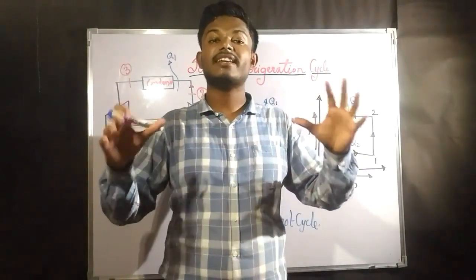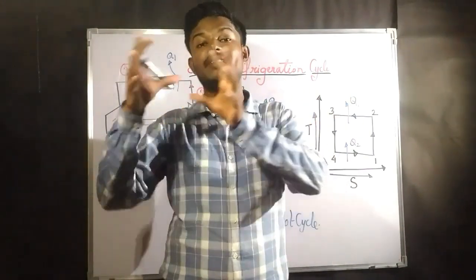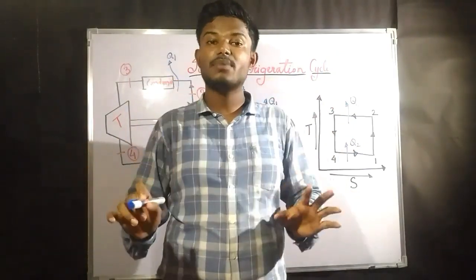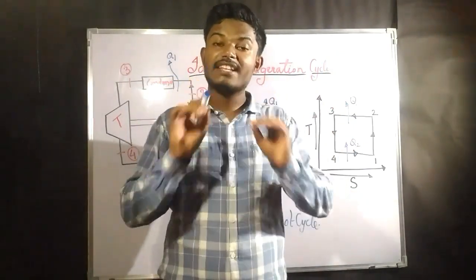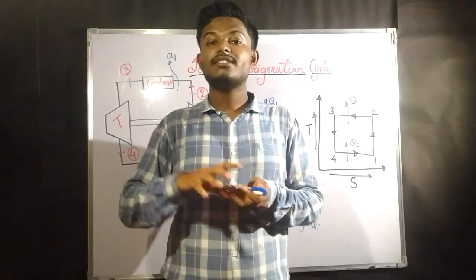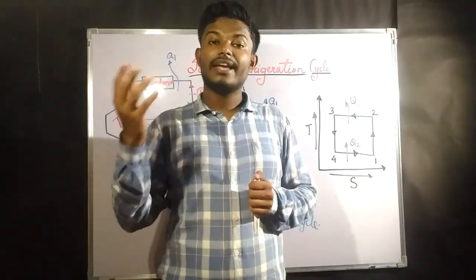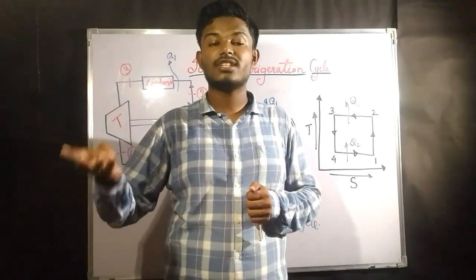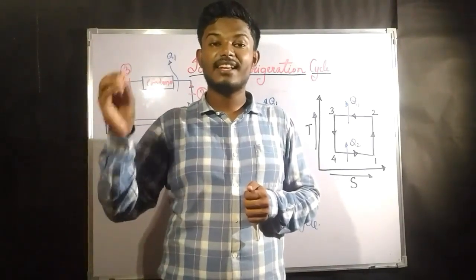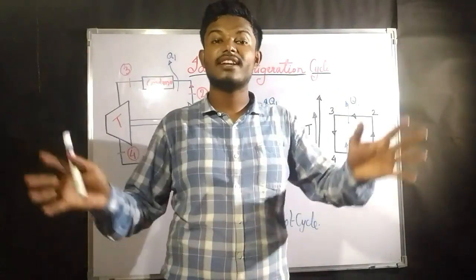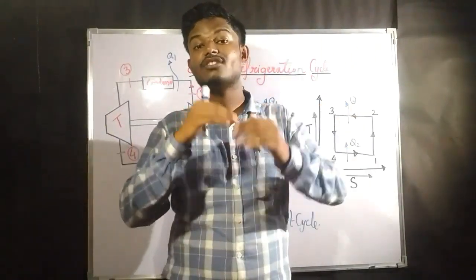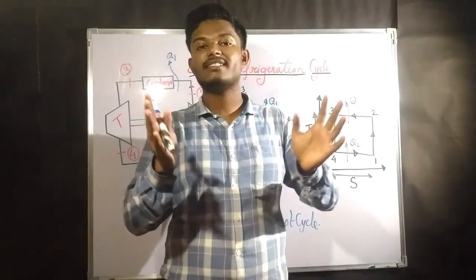Real cycle means the cycles on the basis of which the steam power plant, refrigeration or air standard power cycle is going to act, certain cycles like Brayton cycle, Otto cycle, diesel cycle, Rankine cycle. But for every cycle, for the reference of the efficiencies, we need one ideal cycle.